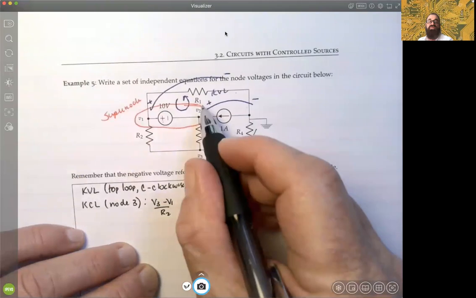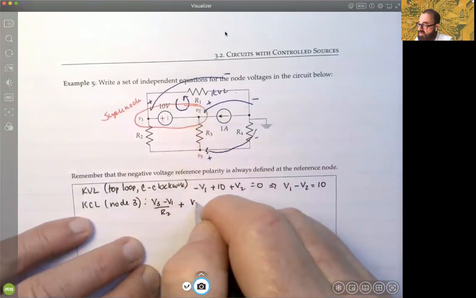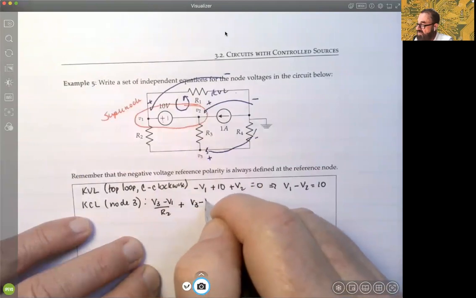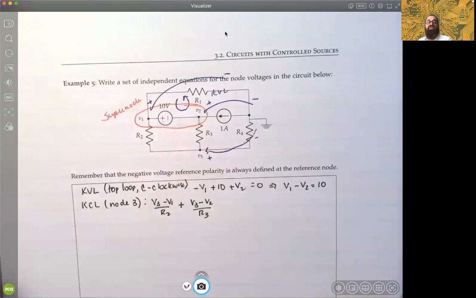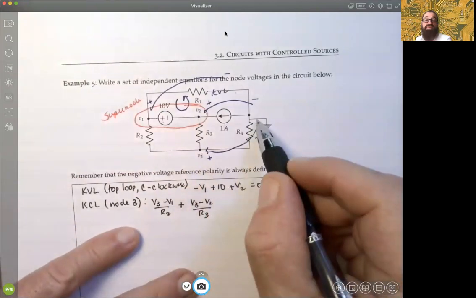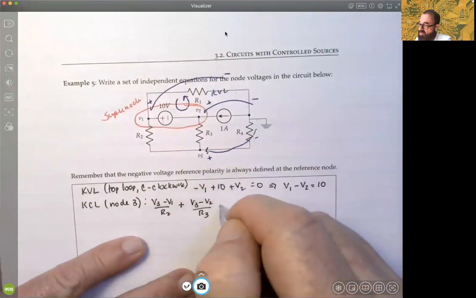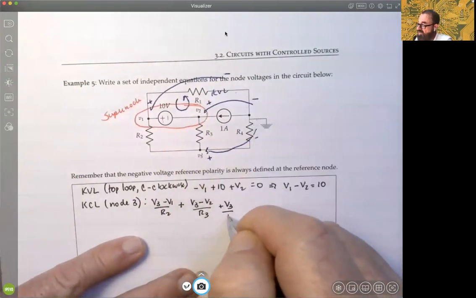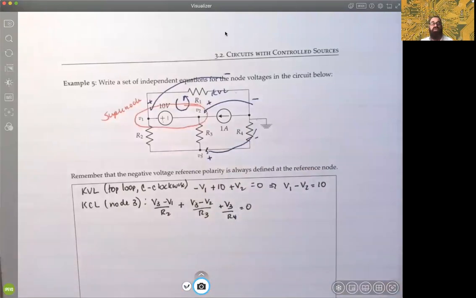You would go from V3 to V2 through R3, so that's V3 minus V2 over R3, right? And then one more, right? We would go from V3 to ground to 0. So V3 minus 0 over R4. So we go V3 over R4 equals 0. A very nice equation there. Involves all three